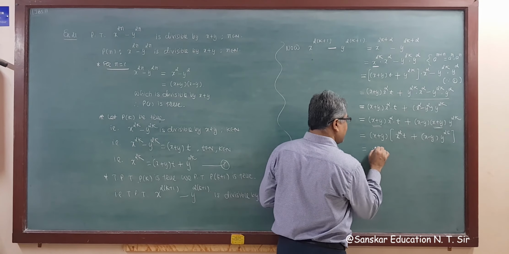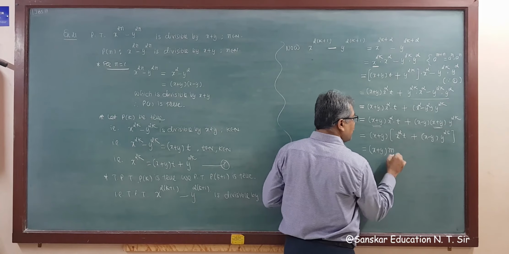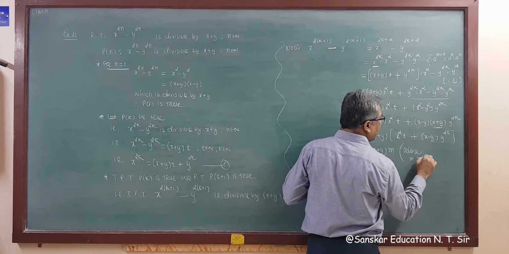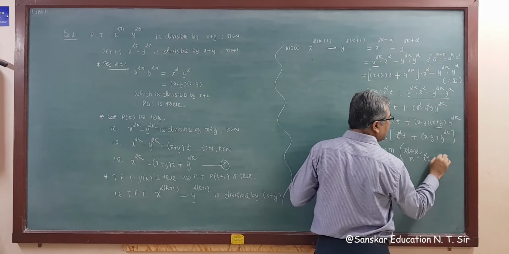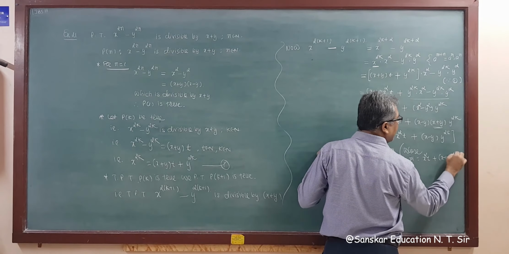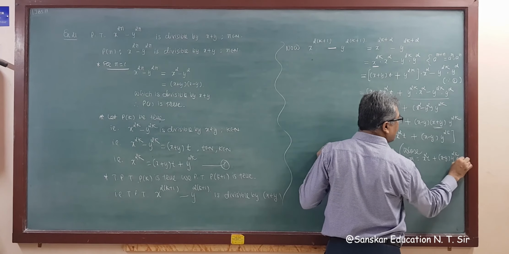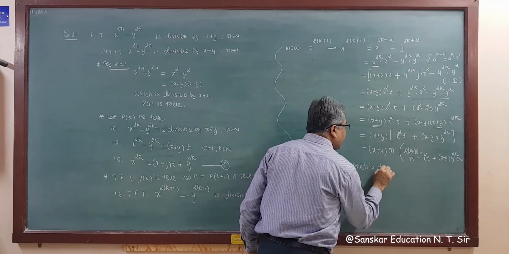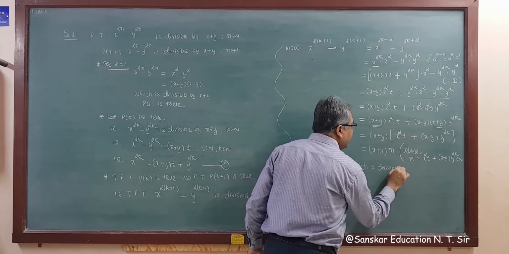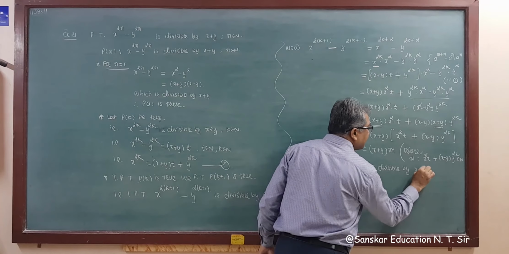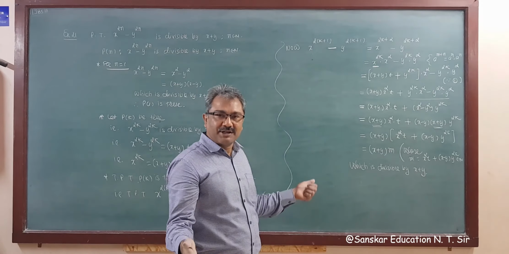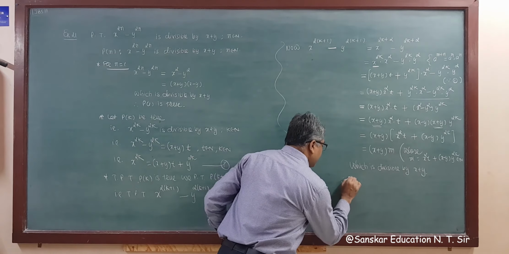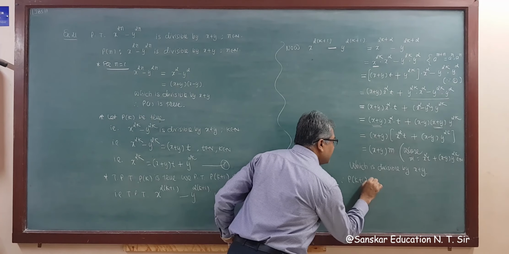So this is x plus y into m, where m is equal to x square t plus x minus y into y raised to twice k, which belongs to N, which is divisible by x plus y, right? So get it? So this is very easy, right? Therefore Pk plus 1 is true.